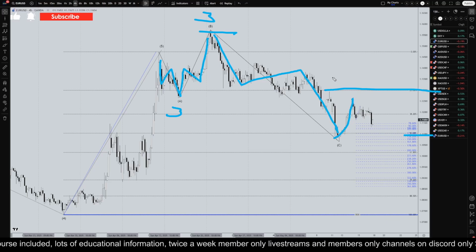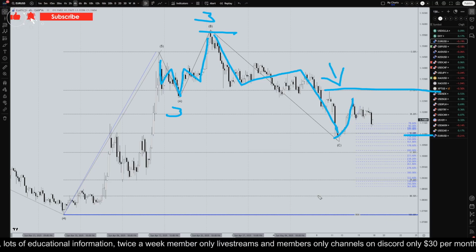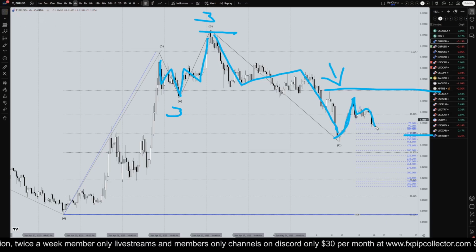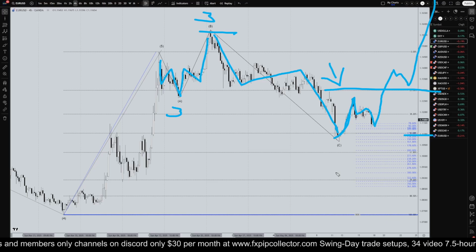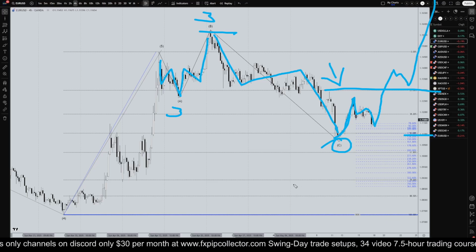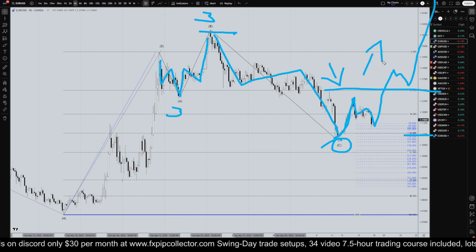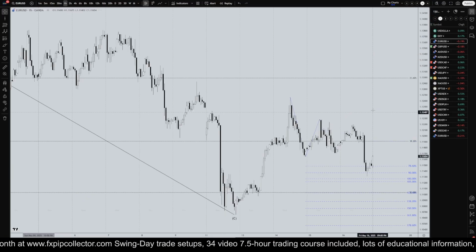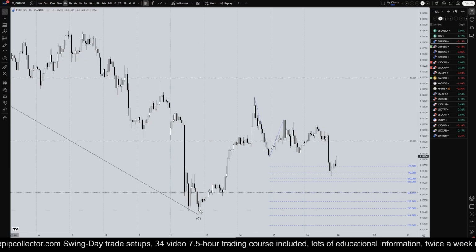We do not have a breaker structure yet to 100% say that this correction is over, but I think this impulsive up, corrective down, hopefully the next impulsive up will give us the breaker structure, which will help us confirm that this really is the end of an ABC correction and that we really are back into the higher time frame uptrend. So taking it all the way down to the 1 hour time frame,